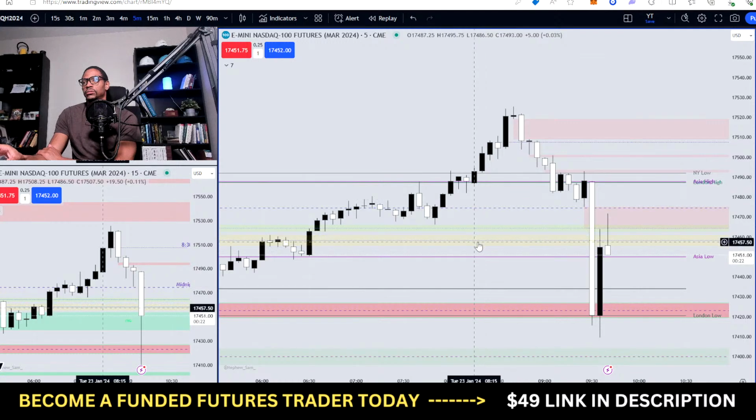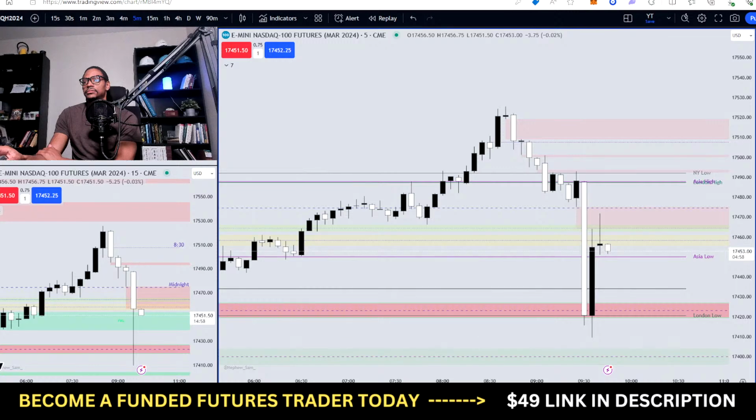We want to see if it's below the new day opening gap or above. The close inside of